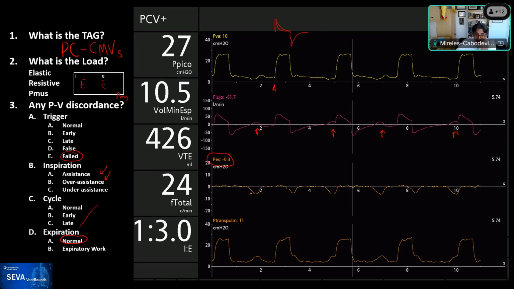That's what you would expect to see, and then it relaxes, it returns back to baseline, and then again another dip, which is consistent with an effort. So one effort here, another effort here, here, here, here, and here. Those are the ones that we see. So those are all inspiratory efforts, and we didn't measure it, so I cannot tell you the amplitude of each one of those events, but that's something that you can measure, and it will give you a manifestation of how much effort the